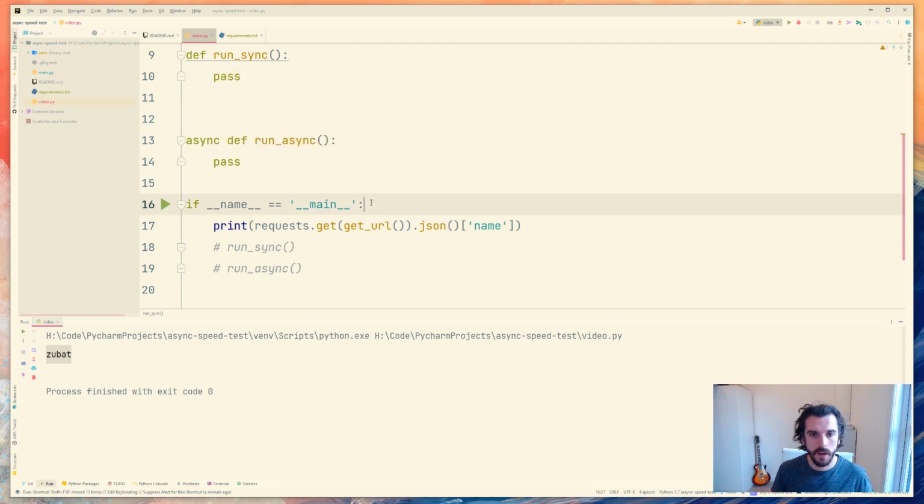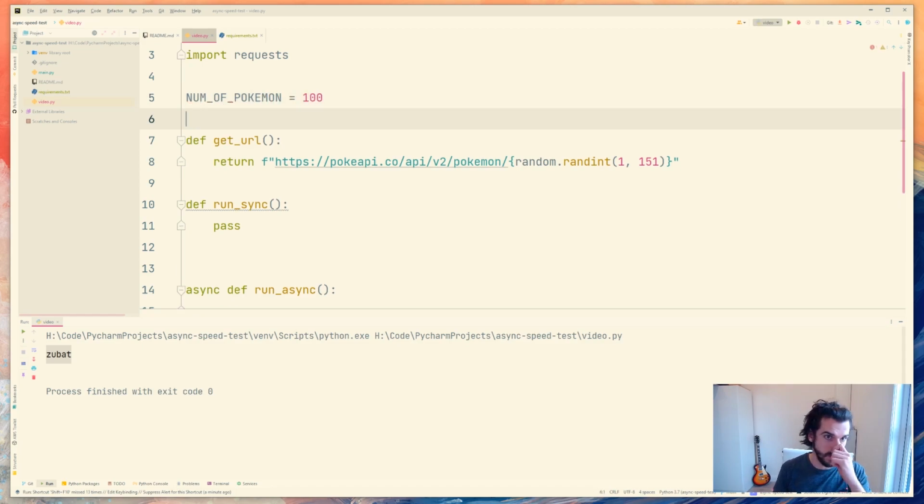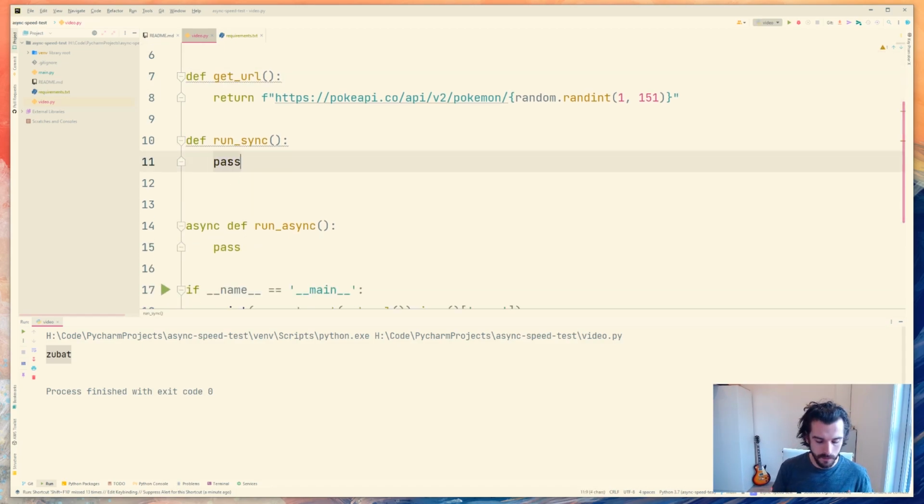Okay, cool. So in order to do this synchronously, what I'm going to do is set the number of Pokemon equals, let's say we request 100 Pokemon, and then we're going to do this synchronously. So we just need to call that function 100 times, see the results, and then return. So I'm going to do basically what I did before, requests.get